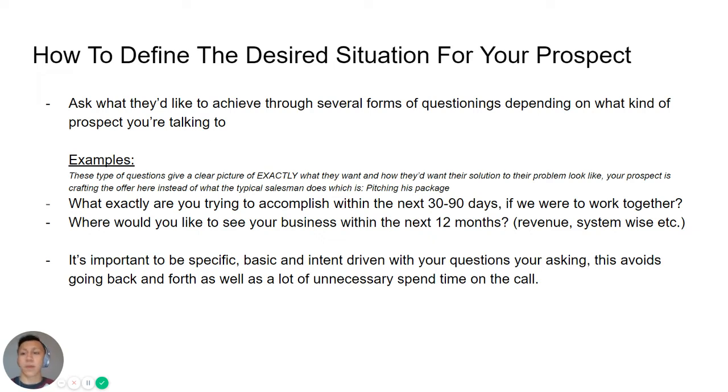But then again, just a couple of examples, and these type of questions that I'm going to be showing you in a second here, they give a clear picture of exactly what they want and how they want their solution to their problem to look like, right? Your prospect is crafting the offer here instead of what a typical salesman does, which is pitching his package. Usually when people pitch their package, there's like 10 different services in it, and